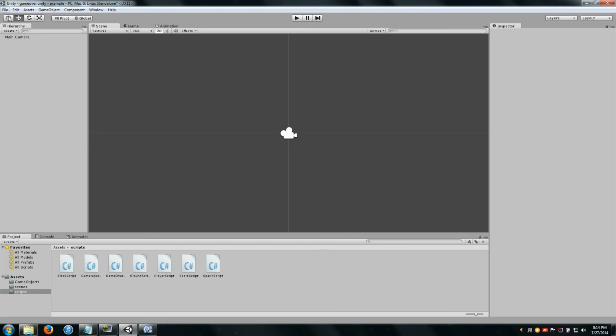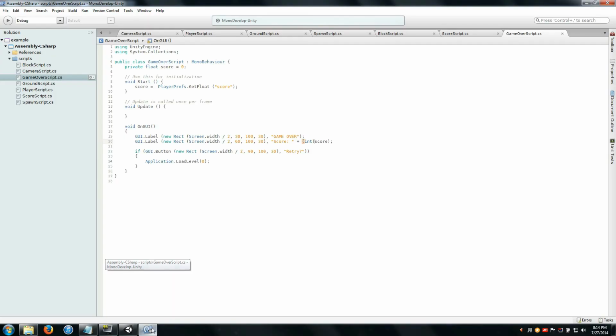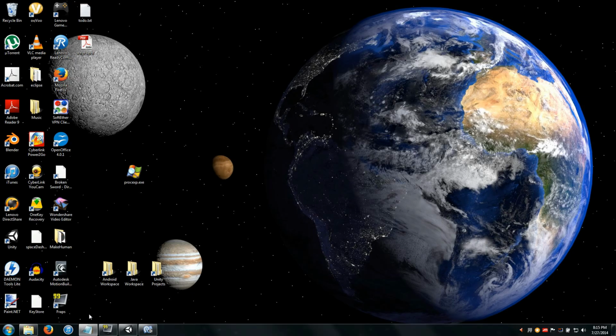And now, last thing I want to tell you is if you build it for a mobile device like Android or iOS, it doesn't have the space bar. Okay, what I was saying was